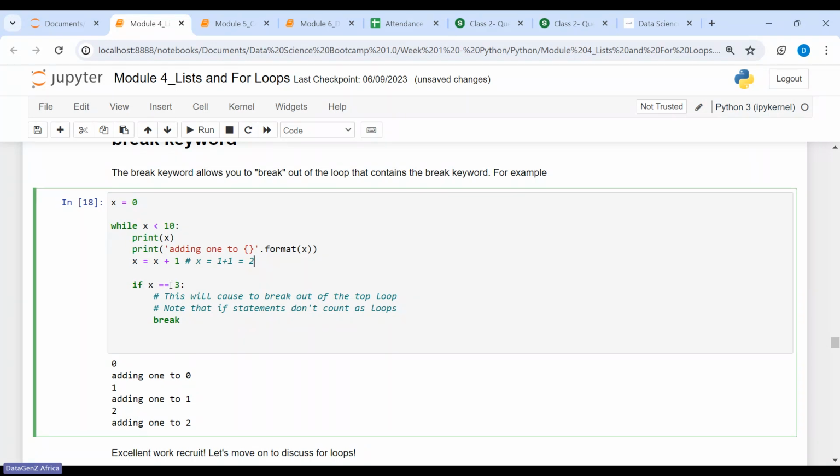It comes here. If x equals 3, our x is 2, does 2 equal 3? No. So this code will not execute. We're going to come back here again to the while loop. Is 2 less than 10? Yes. Print x, print 2. It's going to print out this 2. Then adding 1 to 2 with the dot format. It's going to print adding 1 to 2, and that's what we're having here. Now our new x is 2 plus 1, right, which equals